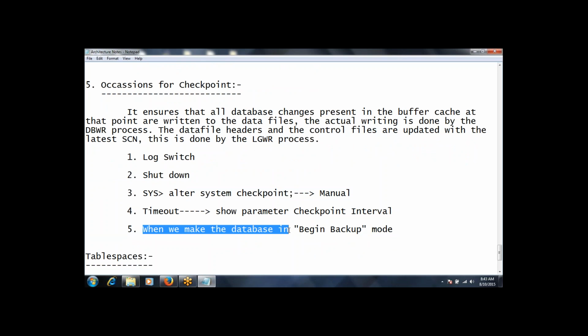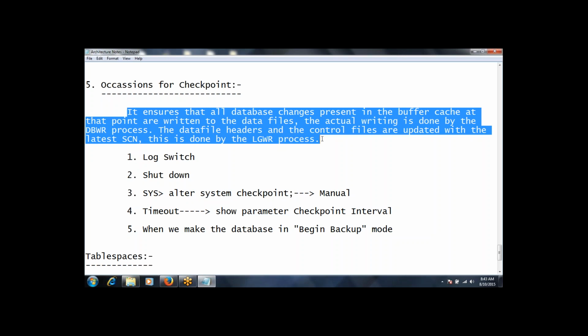Whenever we are taking a hot backup, we give a command called begin backup. This we'll see in the backup class. For just now, try to understand these concepts. In these occasions, checkpoint gets invoked and it will do these two jobs. It will perform these two activities or two kinds of jobs which were assigned by the Oracle server to the checkpoint process.